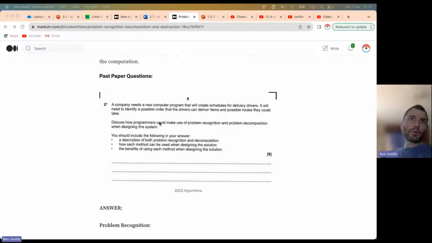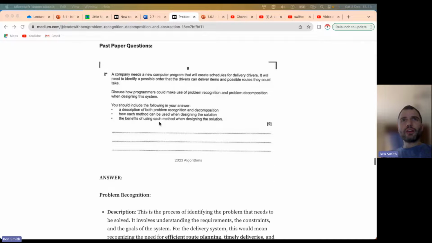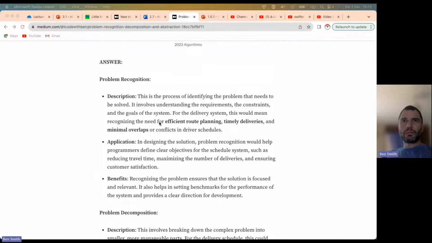Include in your answer, you want to describe both the problem recognition and decomposition. What are they? How each method can be used when designing the solution, and the benefit of using each method when designing the solution. So the way I started to think about it was, well, if we're going to recognize what this problem